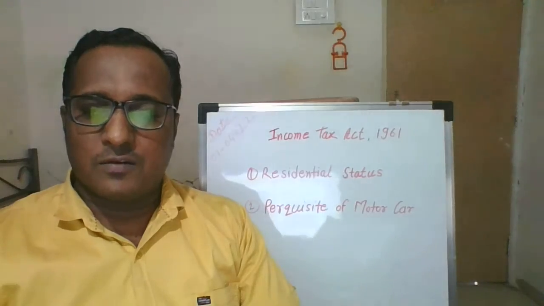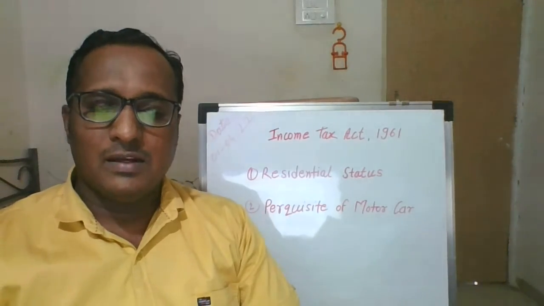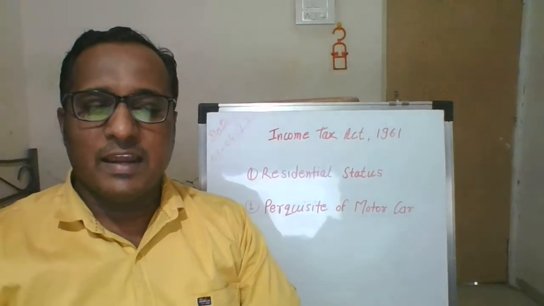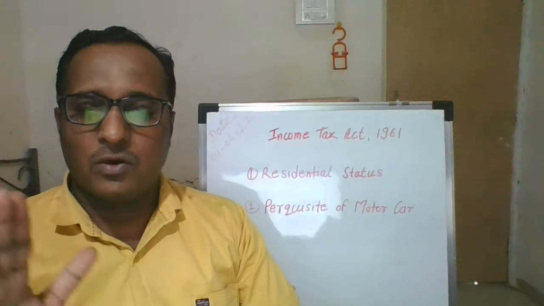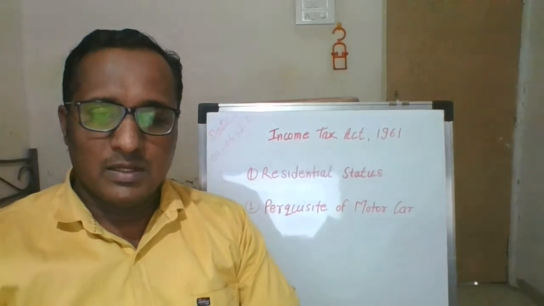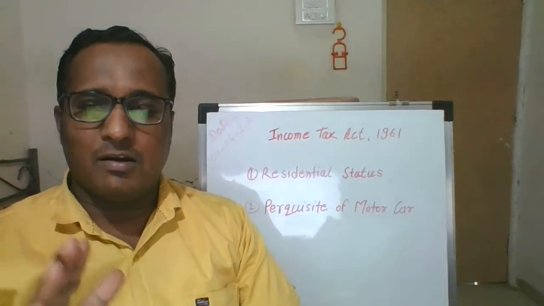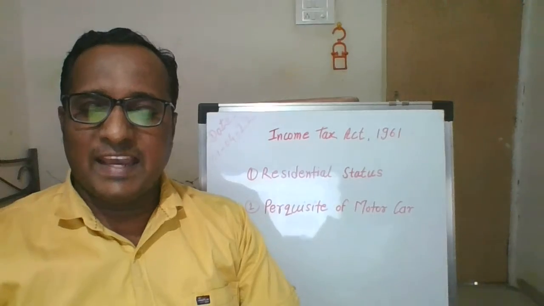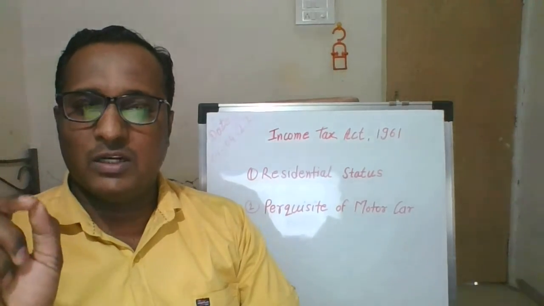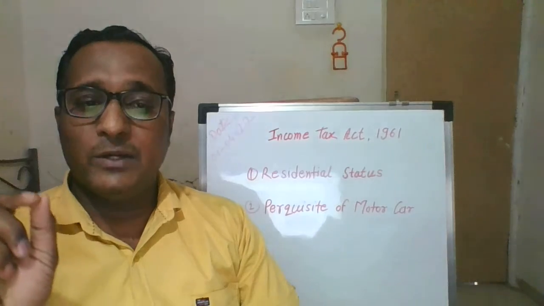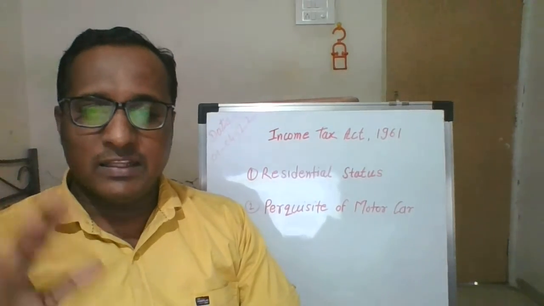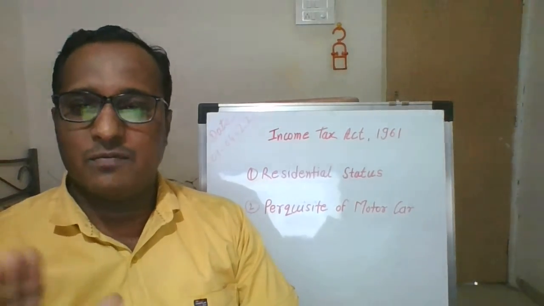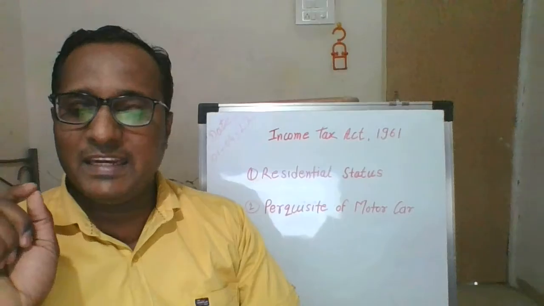The residence of a person in India is divided into two categories. The first is resident of India and the second is resident and ordinarily resident in India. The first category is resident of India. Condition number one: he has been in India for a total period of 182 days or more during the last previous year. And condition number two under the resident of India: he has stayed